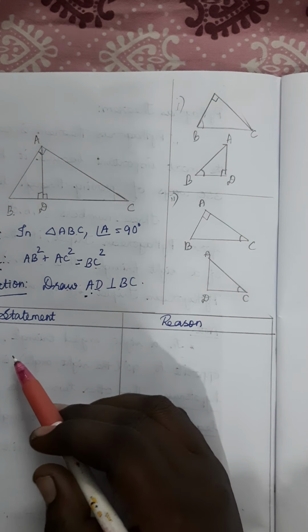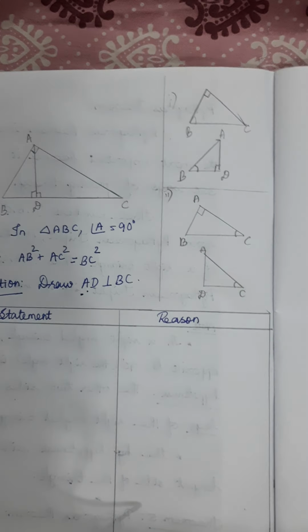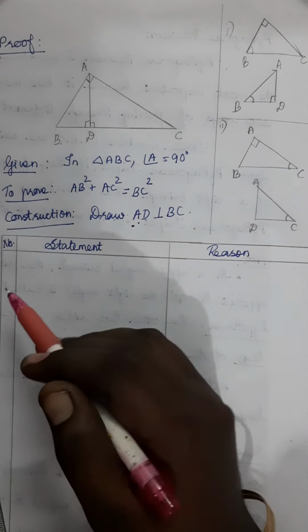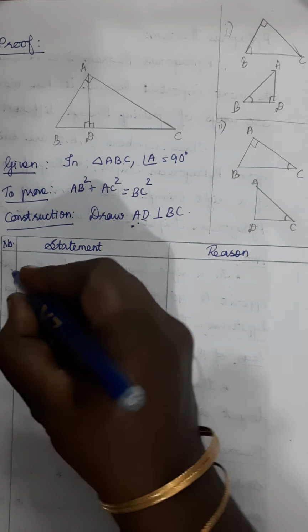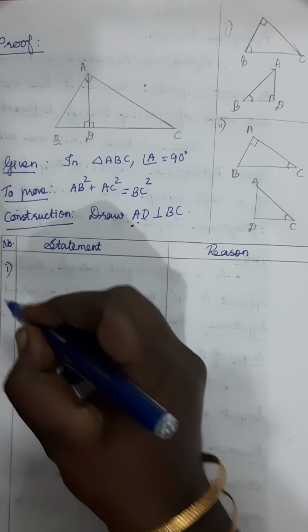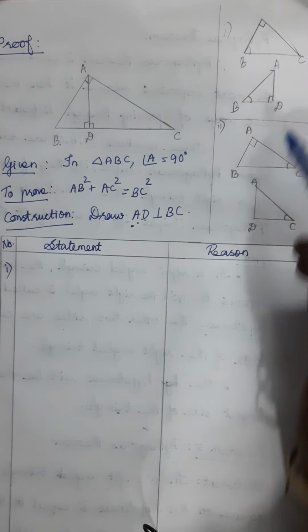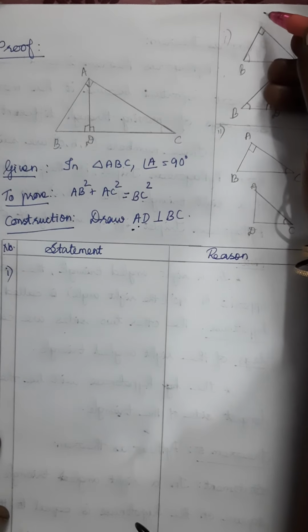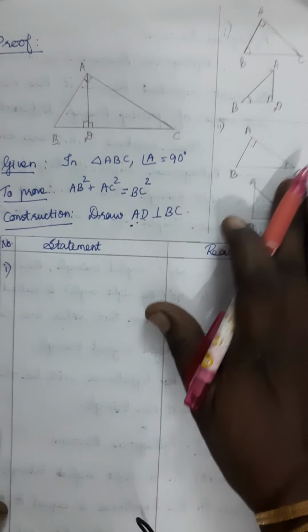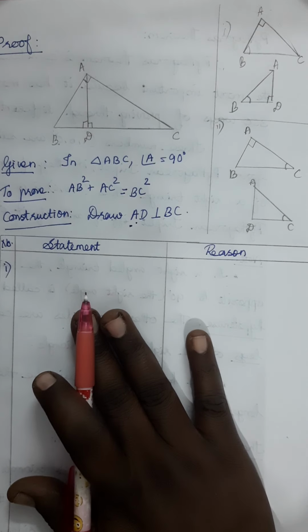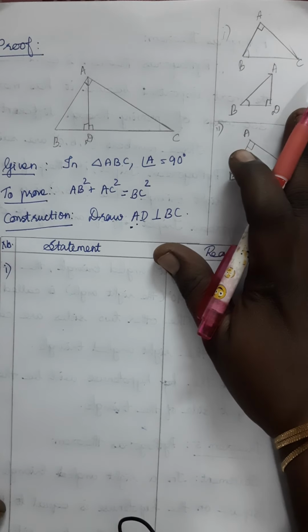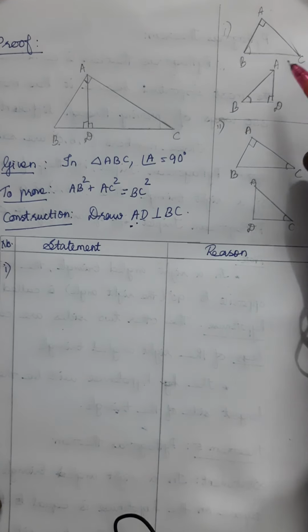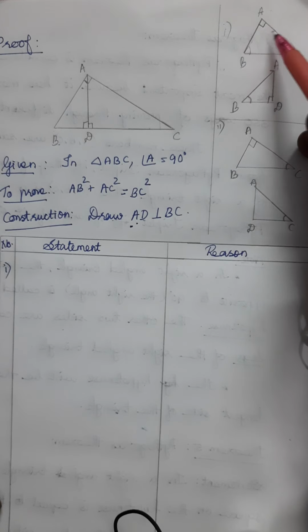Okay, that we can write first. So for writing the proof, we can make the table like this. First, number, statement, reason. Okay, you have to put the number. So first point, we are going to compare the two triangles. Okay, triangle ABC. Here I roughly draw. These diagrams are not compulsory. For explaining the proof, I drew them here. Those who find it necessary for writing or learning, you draw. Otherwise, no need.